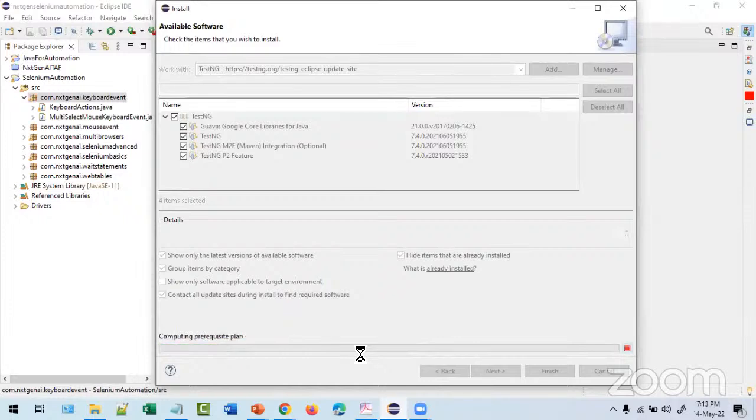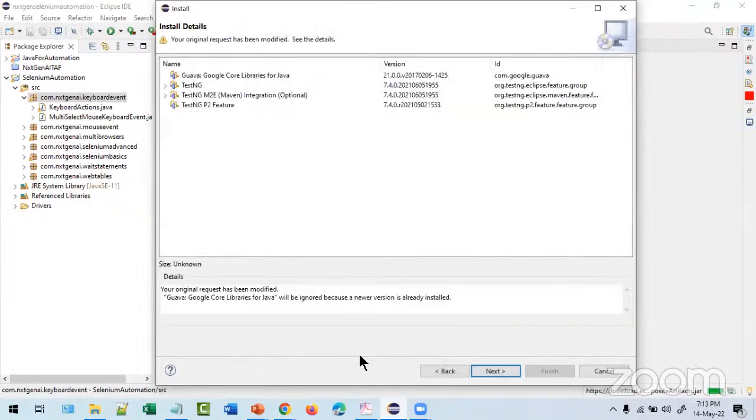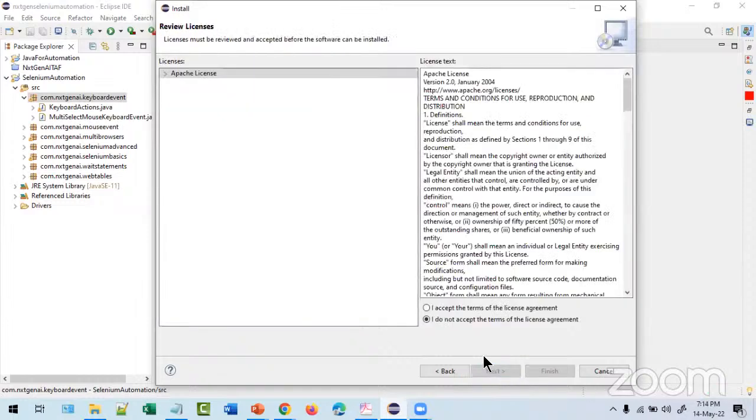Let's wait. And during installation, don't try to use other applications. Your original request has been modified. That's fine, no problem. Okay. Will be ignored because a new version is already installed. Whatever. If you get like this, that's fine. Or else you click on Next.